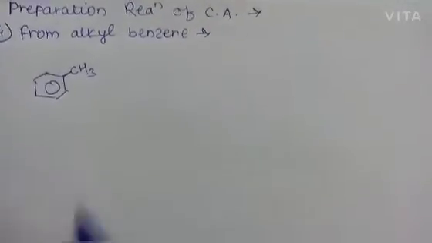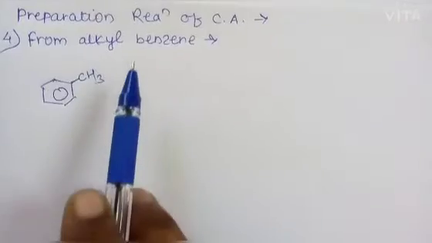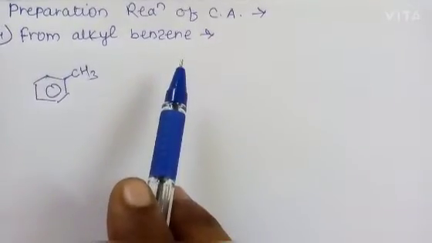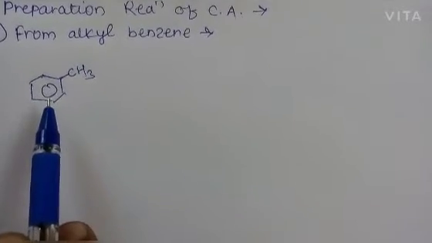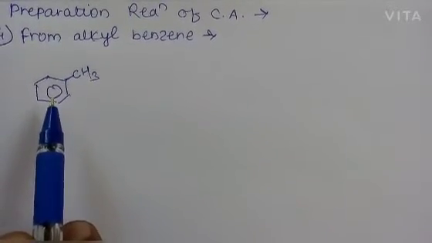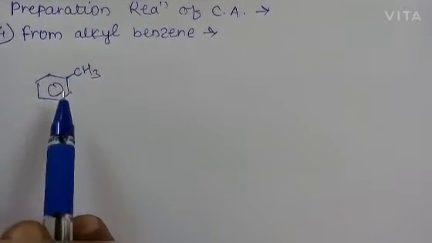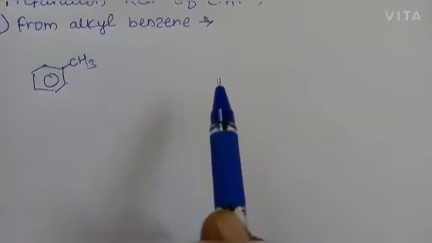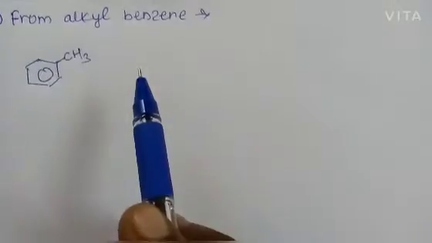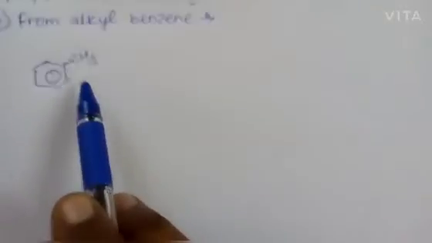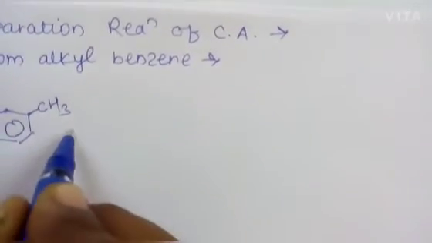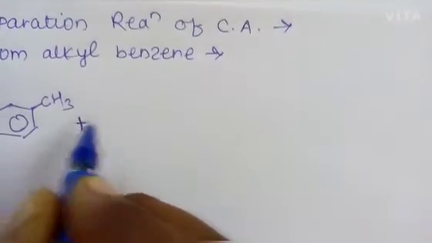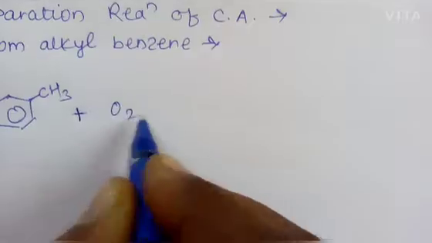Now we are seeing the fourth preparation reaction, from alkyl benzene. Okay, and this is the example of alkyl benzene. We have to prepare the aromatic carboxylic acid from this alkyl benzene. But how can it be prepared? By the oxidation of alkyl benzene. Oxidation means what? Addition of oxygen atom or a removal of